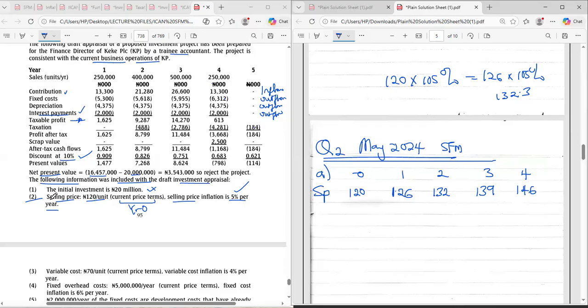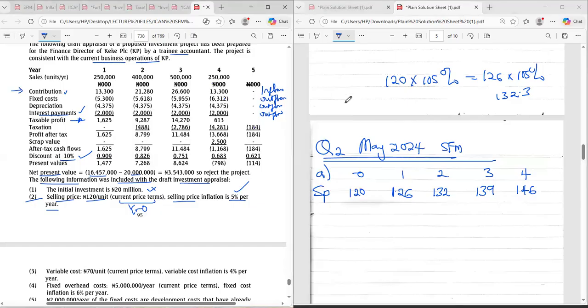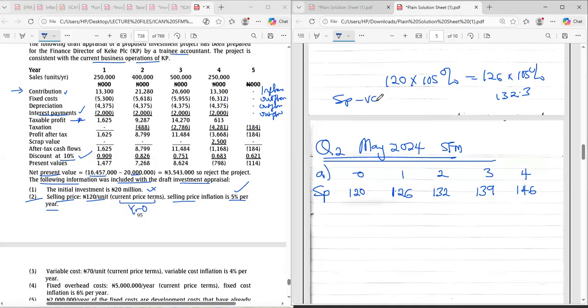All right, so we are done with our selling price. We are getting somewhere. The first item on the NPV that the junior accountant did was contribution. And you agree with me that contribution is selling price minus variable costs. So I need to look for variable costs in this question, take it out from my selling price so I can get my contribution. Does that make sense?